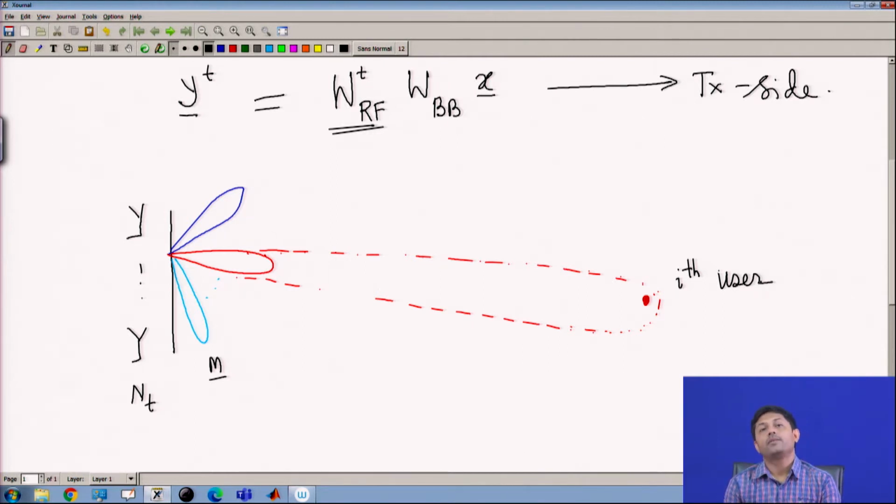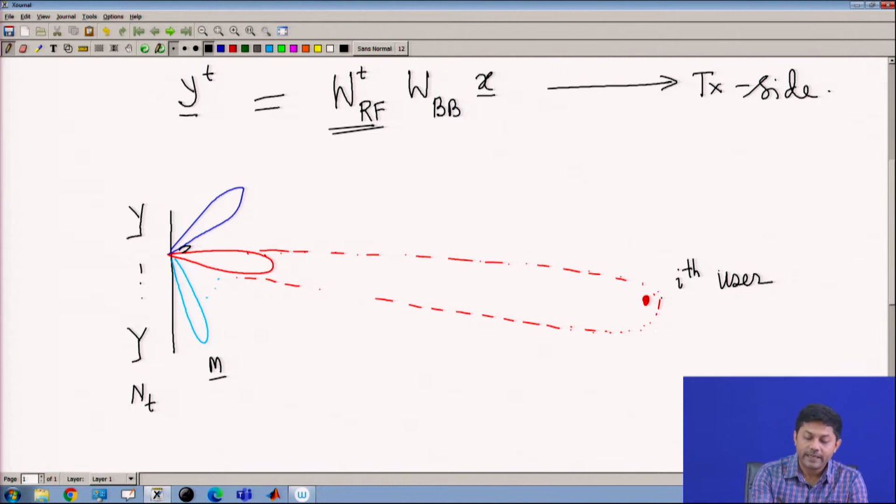Now, with respect to the ith user, how do things vary? When I create a transceiver model of my data at the receiver, it has to be with respect to one particular beam. Of course, other beams can create some interference because they may have side lobes. It depends on the distance. If the distance is slightly larger, the side lobe may not create too many problems. But on average, let us assume that one beam is incident upon one particular user. So with respect to this user, it is as if nobody else is there, just one beam is created.